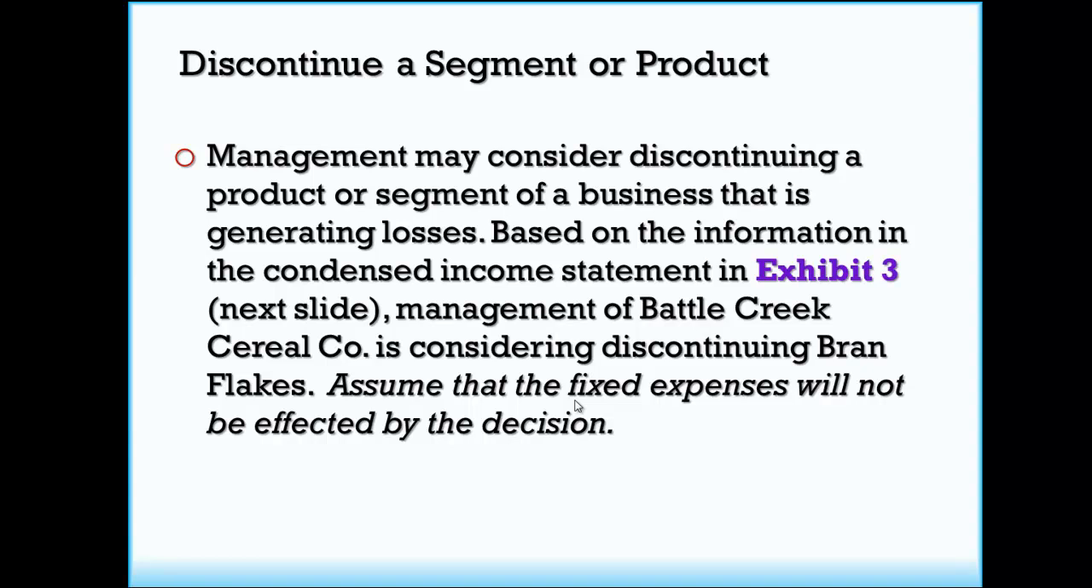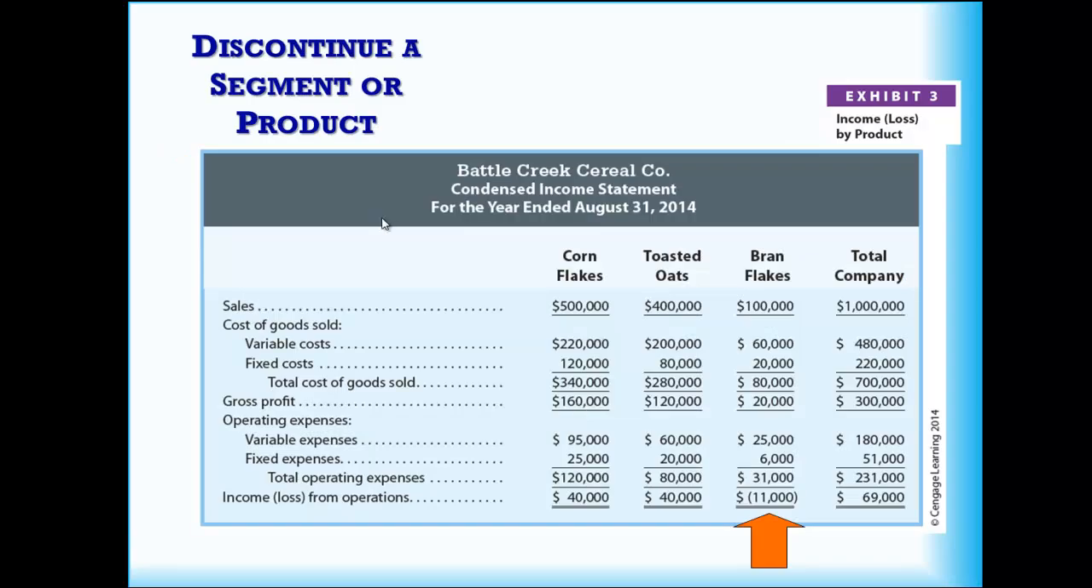All right? So let's take a look here at these different products we have. We have corn flakes, toasted oats, and bran flakes. We have our sales, then we have these variable and fixed cost of goods sold. So we have our gross profit. We have our operating expenses split between their variable and fixed components. And down here at the bottom we have our income, or in the case of bran flakes,